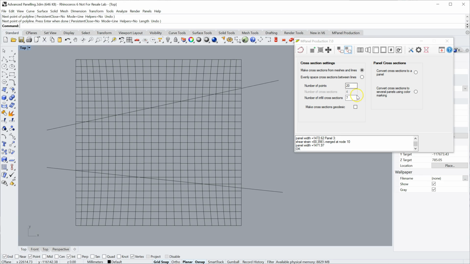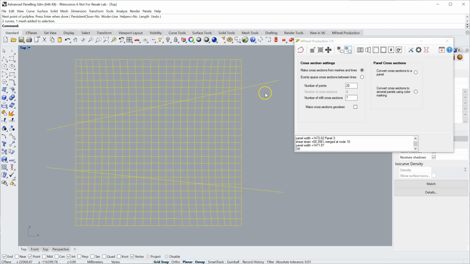a number of infill cross sections. I'm going to put 7 in there, and that's going to be the number of extra cross sections that we're going to get in between the two main seams. We then select the mesh and the two lines, we normally refer to these as cut lines, and then click